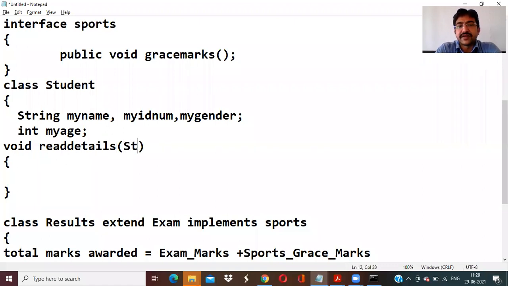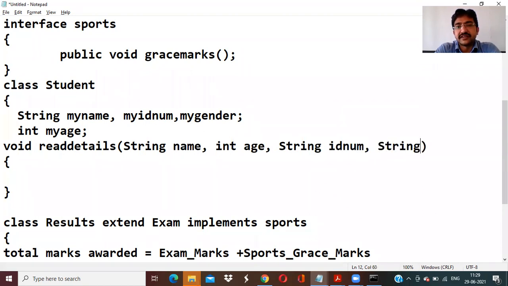So for that purpose, we have to declare the receiving end: string name, int age, string ID number, string gender. Whatever you are reading, we need to assign it, right?